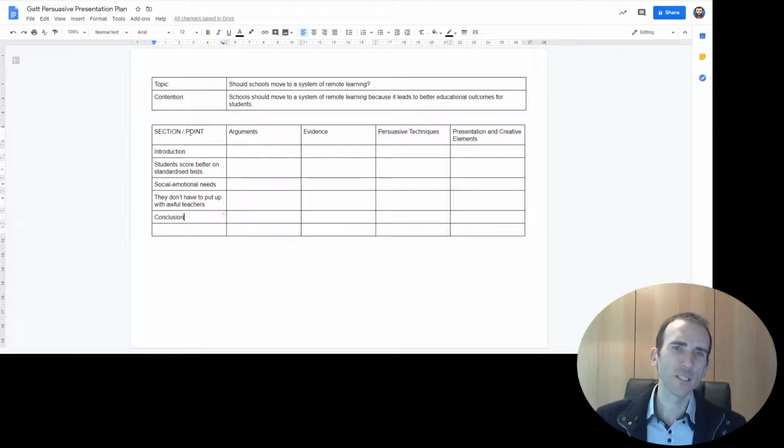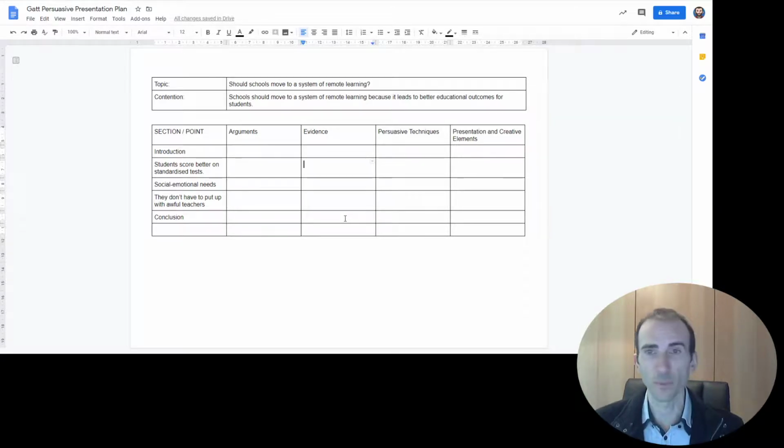So I guess section or point, I wasn't really happy with that as a heading, but the idea is some things are sections like introductions, conclusions. You might want to have a section that's just about rebuttal or something like that. And then your points are the actual arguments. You can elaborate on those, so you can put in additional ideas that you want to say here, and you can have